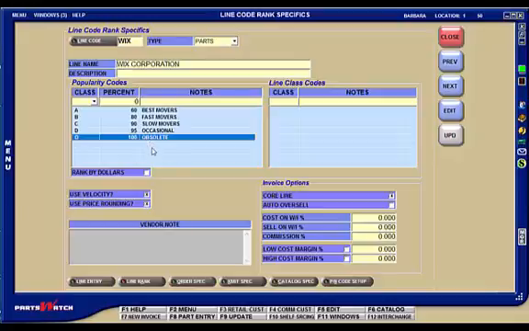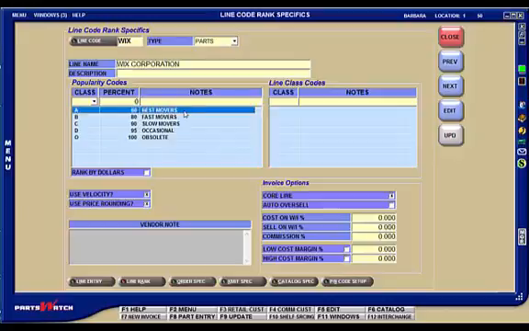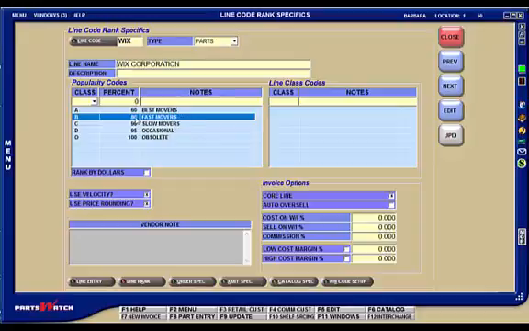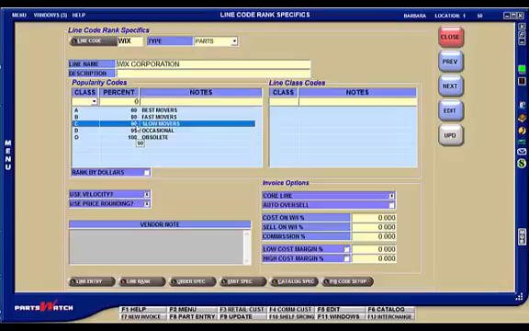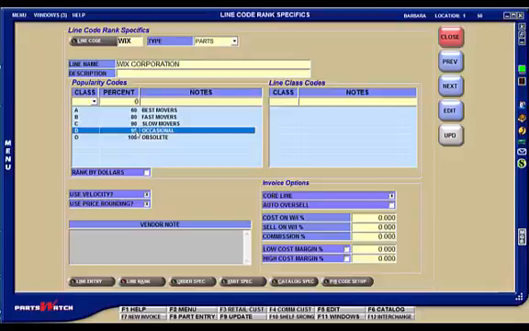However, the system wants us to enter it in a running total so that the top 60% of the fast sellers are A movers, then the next 20%, which are B movers, brings the total parts being ranked to 80%. Then the 10% of the C movers brings us to 90% of all the parts. The next 5%, or D movers, brings us to 95% of all the parts. And finally, the bottom 5% are obsolete parts, includes all the rest, which equals 100% of all the parts in